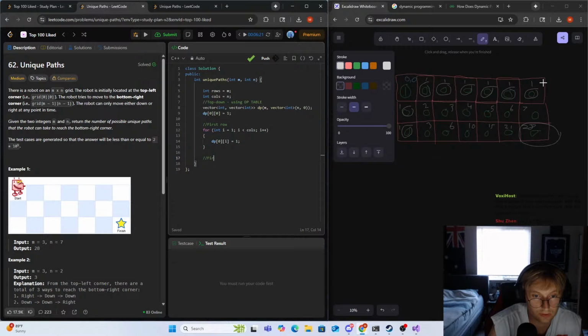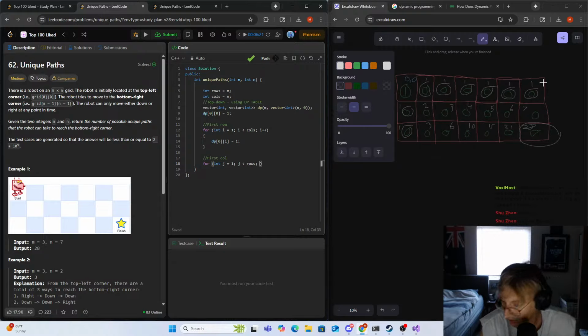Okay. And then we do our first column, right? For int j is equal to 1, j is less than our rows, j plus plus. We then want our dp,